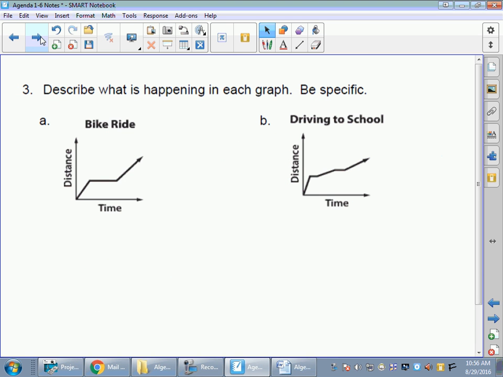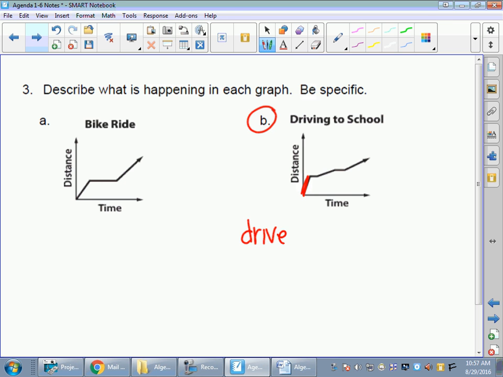And last but not least, let's talk about what these graphs are doing. Describe what's happening in each graph, be specific. So let's talk about driving to school. Letter B. We're going to do quite a few of these. Be specific. You can even make a situation. So notice my two variables, time across for independent and distance. So right here, we need to address this first part right here. So let's say